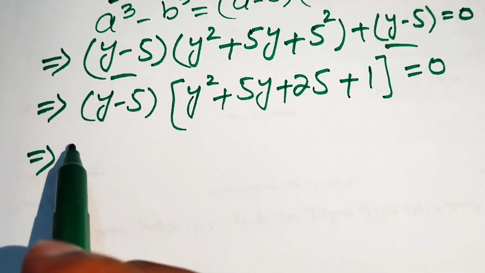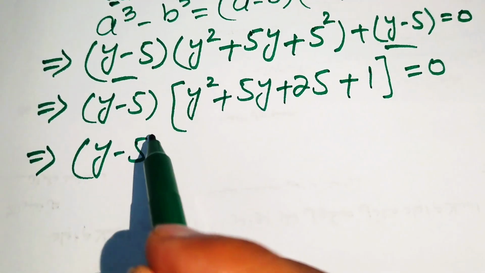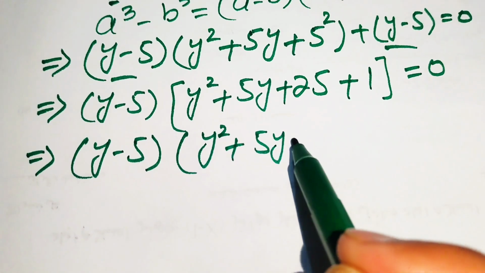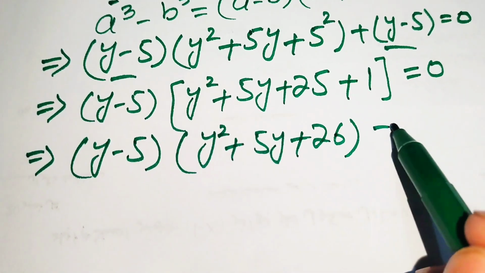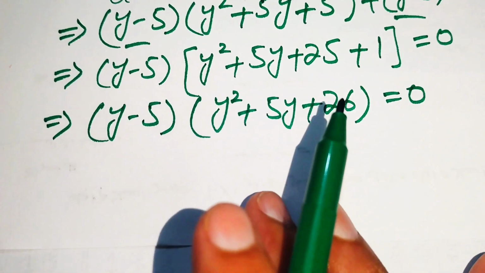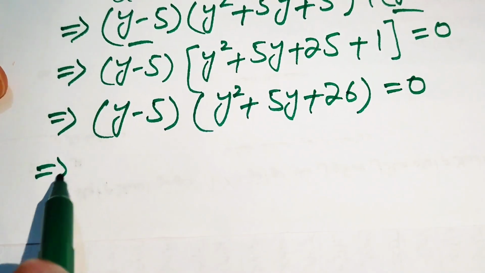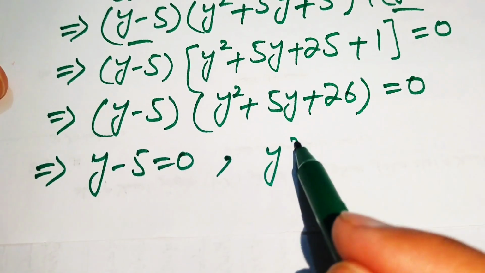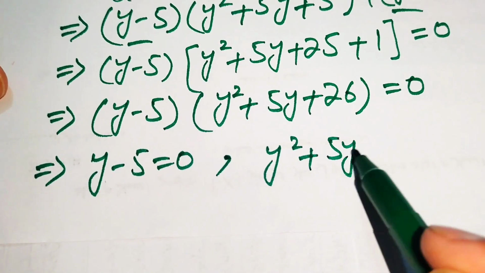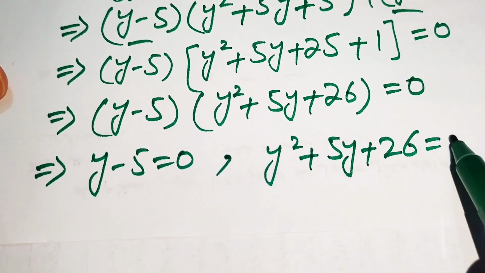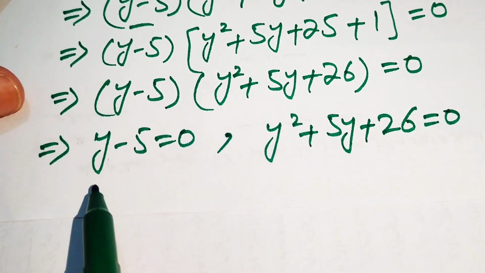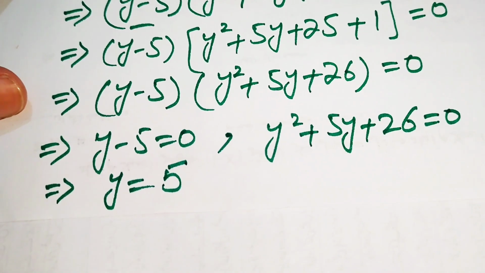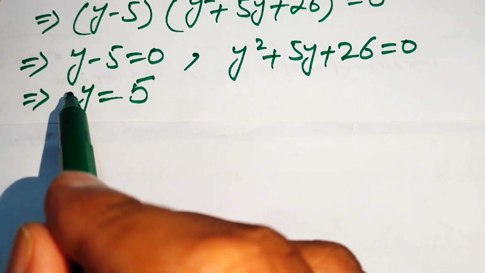So here we simplify this equation a little bit, and we have (y - 5)(y² + 5y + 26) = 0. So here we have two cases. The first case is y - 5 = 0, and the second case is y² + 5y + 26 = 0. So here we have the value y = 5, and this is the first